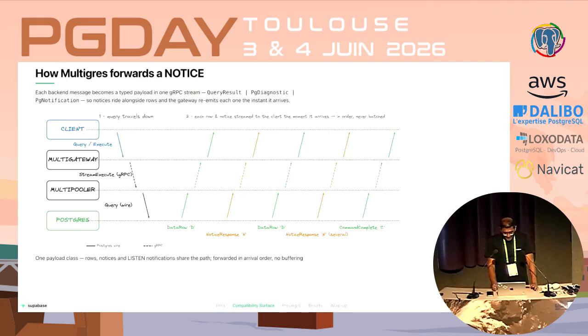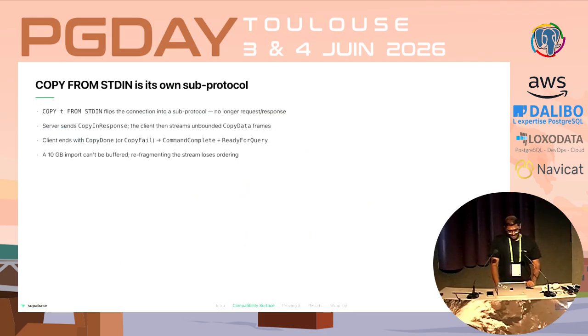Now, to be honest, there are some limitations, because in certain connection teardown races, we have still observed that we are not able to preserve the exact order, but more or less it is done, and the corner cases that are remaining are still something that we are working on. So the bottom line is that we forward every notice we actually see, but we can't promise delivery for every single teardown case. There can be some small niche cases where the trailing notice messages can get dropped.